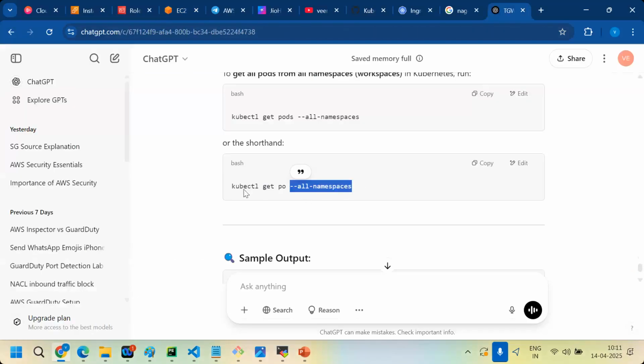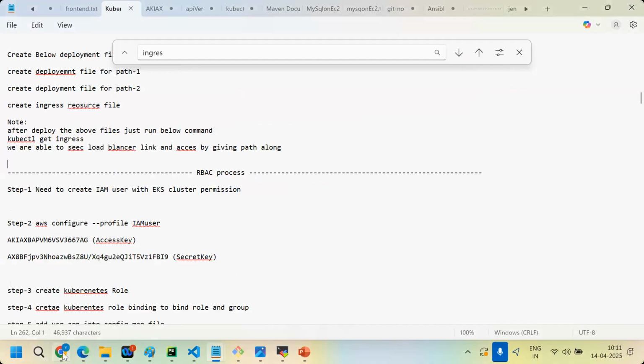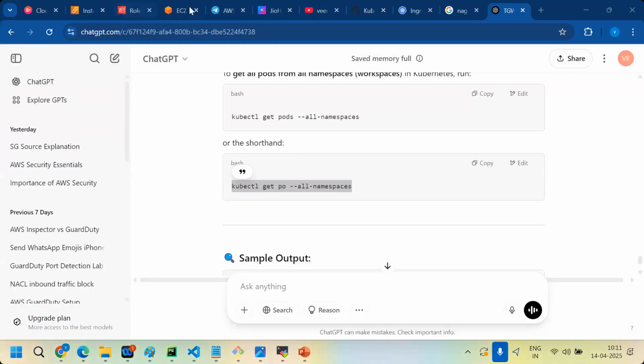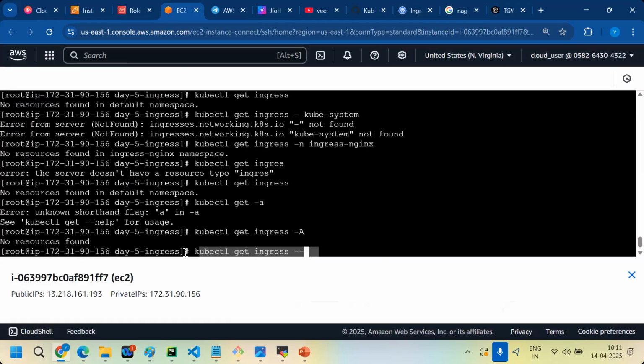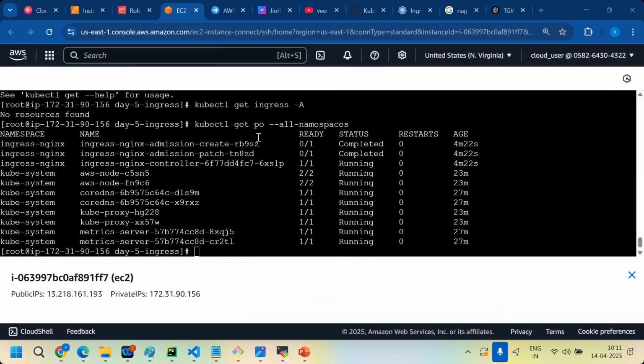Now they are giving it like this. So all namespaces.